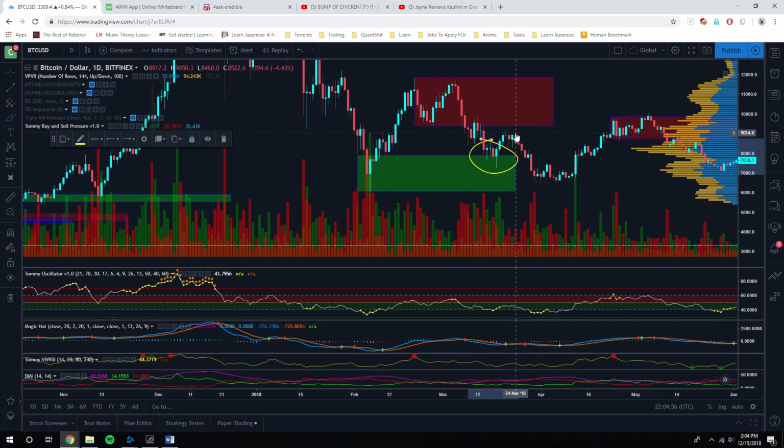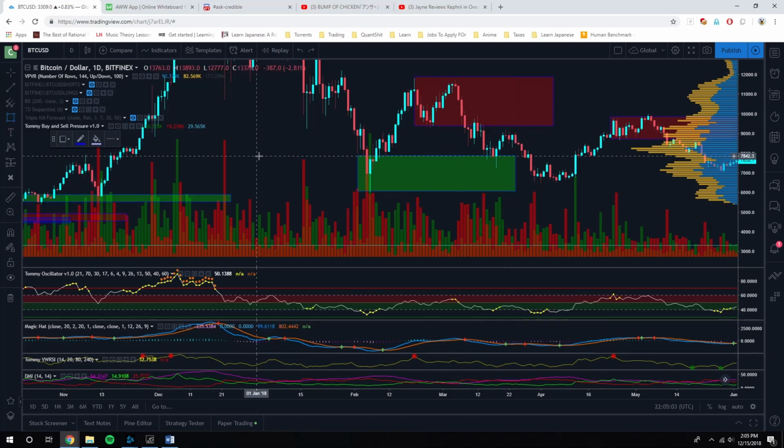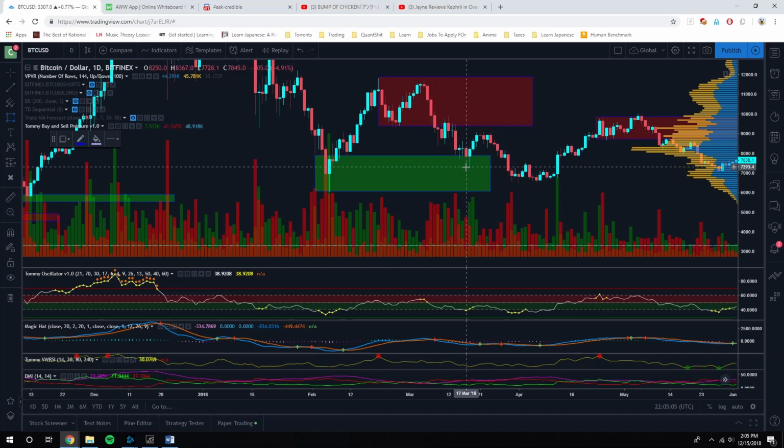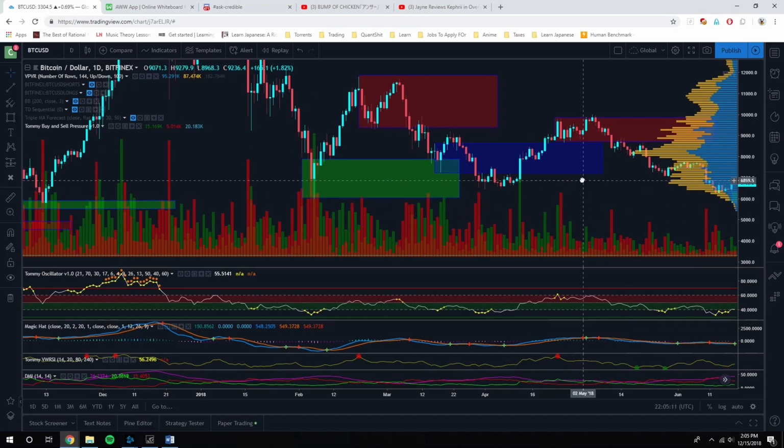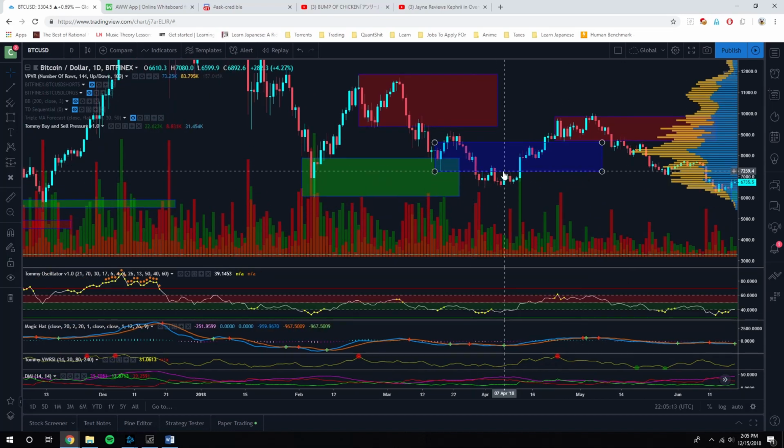I'm going to be looking for a long position. So what I'm going to do is draw my secondary order block over here. And this is actually where I would be looking to long. However, I would actually be looking to long at the bottom of this order block over here. And the reason why this is a good example and not a terrible example is because this is an example